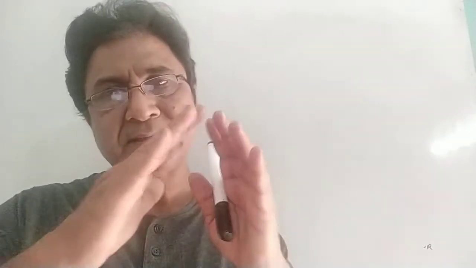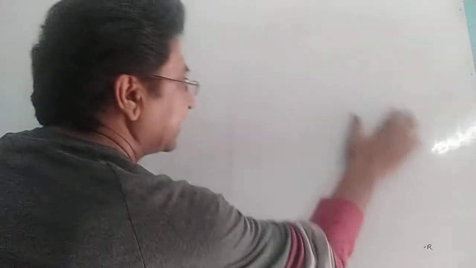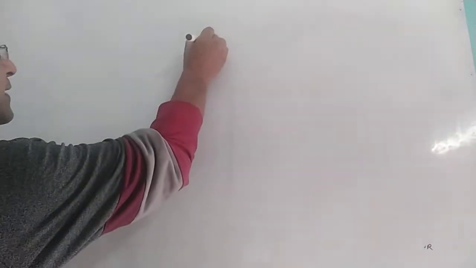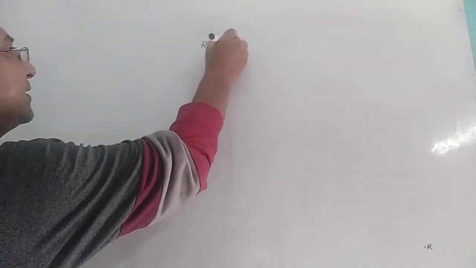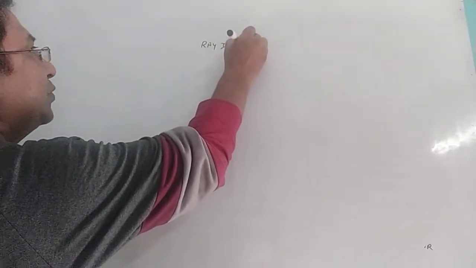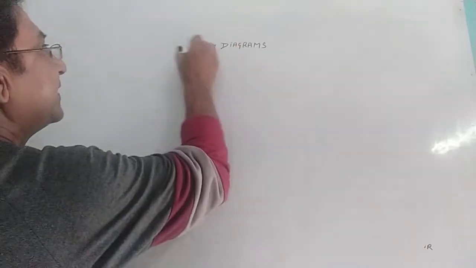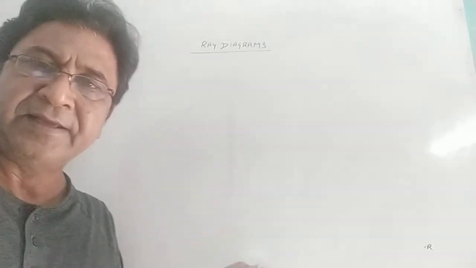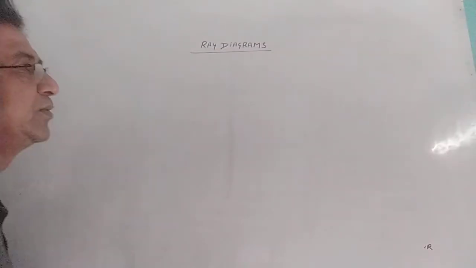Hello students, in the last video lecture we discussed the different sites in front of a spherical mirror where we can place the objects, and how in different sites the images are created by using the two or three rules. Let us have ray diagrams. So our topic is ray diagram. Remember, for this lesson ray diagrams are the nucleus of this lesson. If we know the ray diagrams perfectly, we will do numericals just with play only.